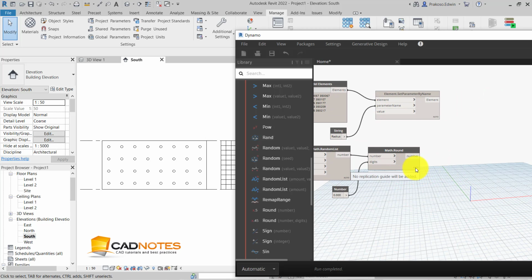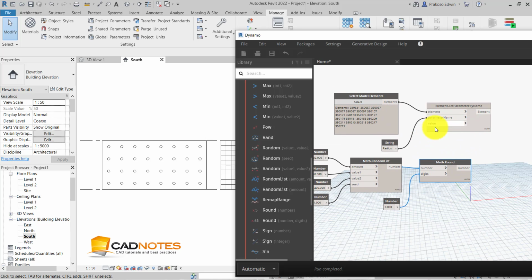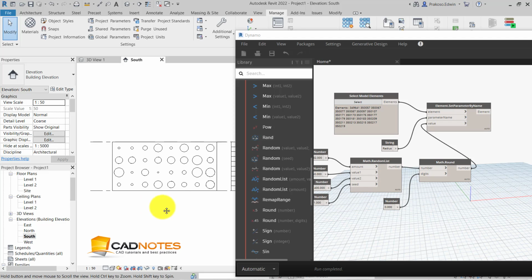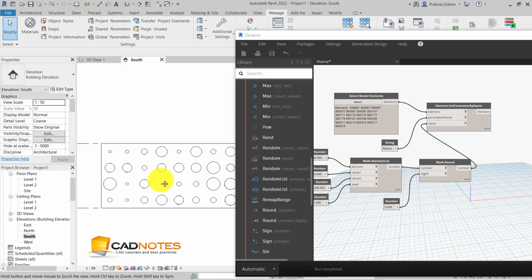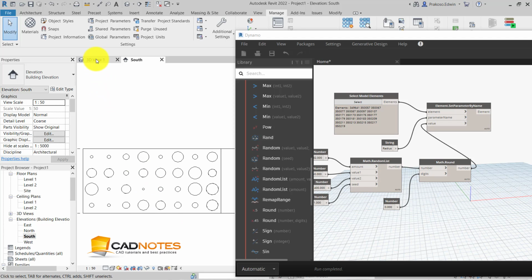Now we can see that we have all integer numbers. This is what we are going to use as the radius. So let's connect this to here. Now we can see that we already have the random radius.